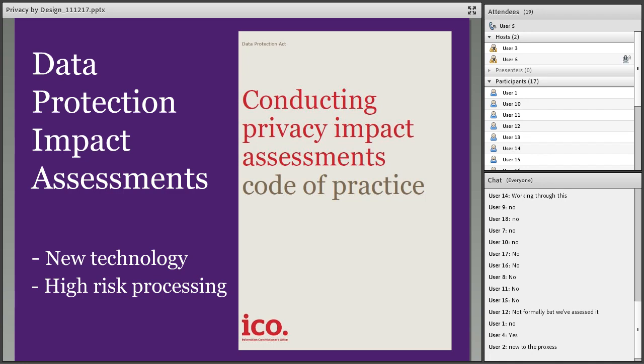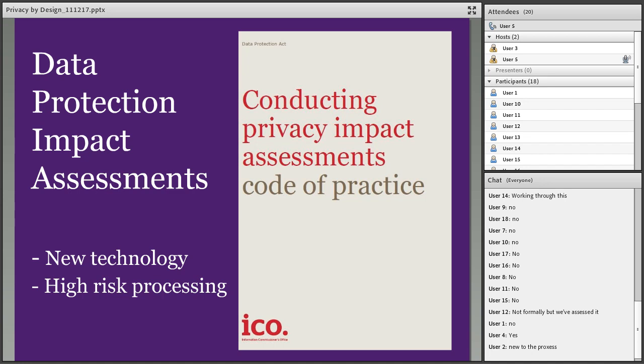I mentioned during my first slide that although privacy by design is an implicit requirement of the current Data Protection Act, the term becomes more explicit when we look towards the GDPR. Whilst DPIAs are a useful tool for demonstrating privacy by design, they'll actually be mandatory under GDPR in two circumstances. The first is if you're using new technologies, and the second is where your charity is embarking on processing of personal data that's likely to result in a high risk to the rights and freedoms of individuals.